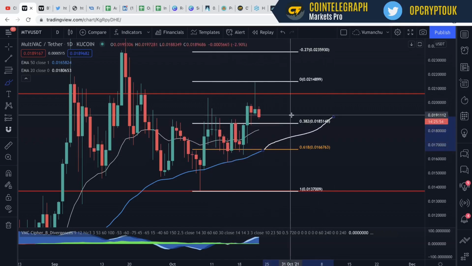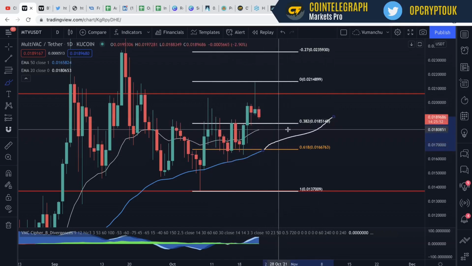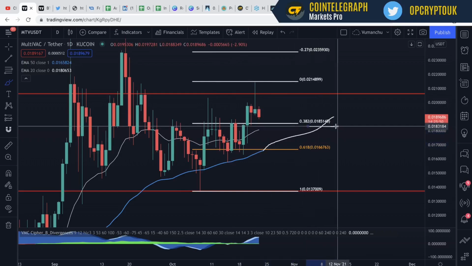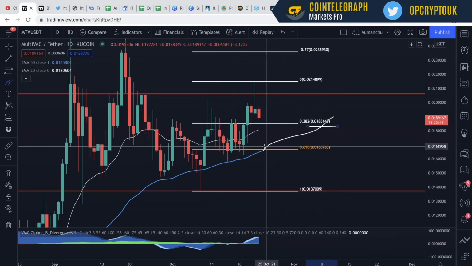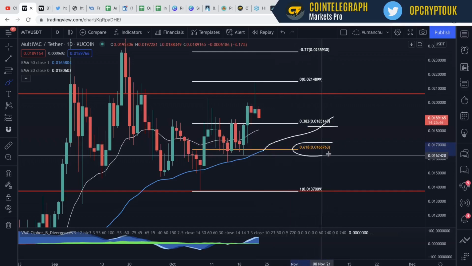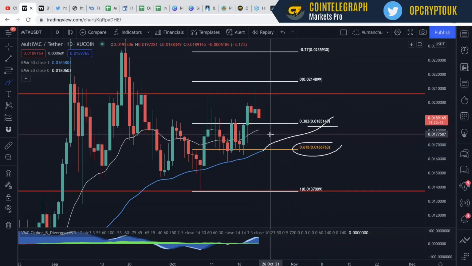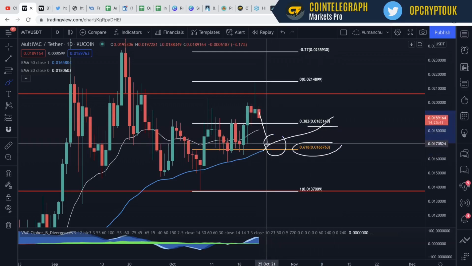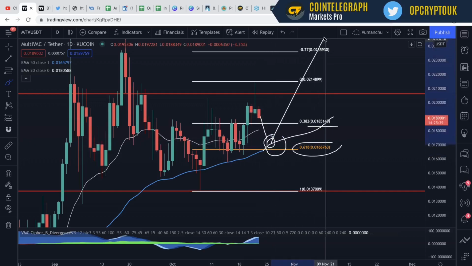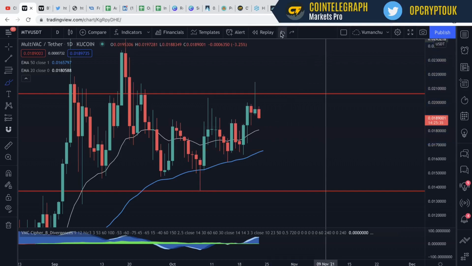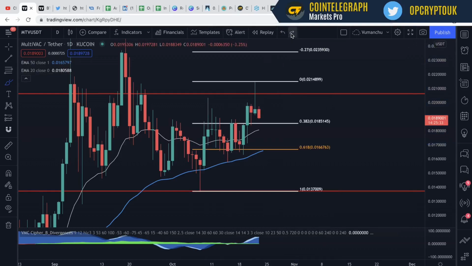Not the best line, but if you're looking for buys, what I usually target is this 382 level, so you're looking at 0.018. But I would not discount this region here at 0.0166, and that would motivate nicely with a drop, a tap on that moving average 50, and then a push to the upside. So if you're looking for buys, I would consider placing some orders from 0.018 down to